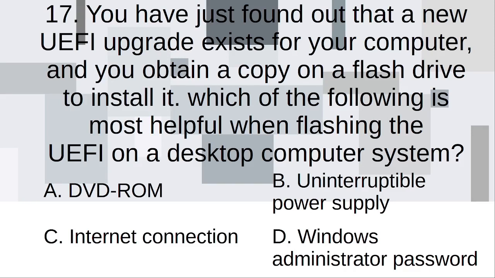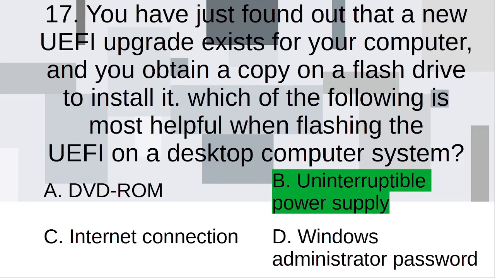It would be B. Uninterruptible power supply. So, none of the other options are required, but the uninterruptible power supply is the most helpful because it, in case of loss of power,